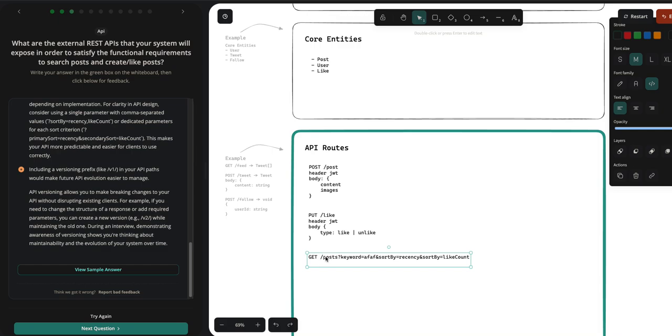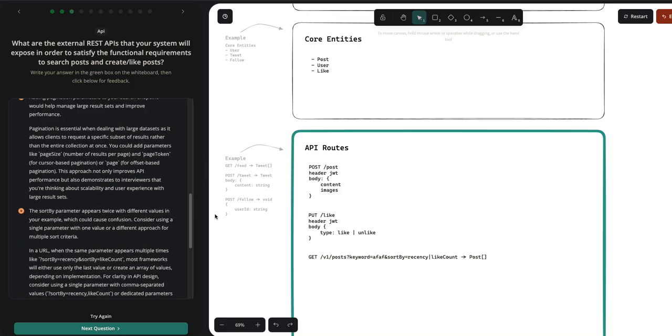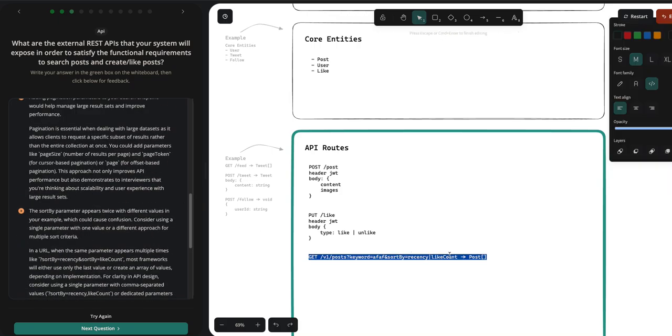That's a good idea. We can add, let's say, version 1 posts. So we can sort by, to avoid confusion. We can do it like that, and that would return essentially an array of posts. Yes, that's what I covered. And also, as another